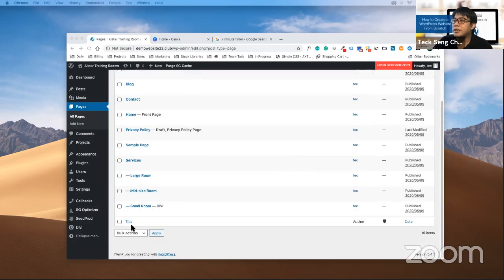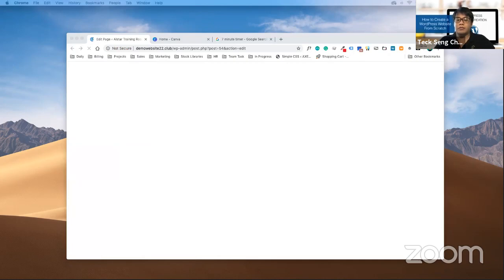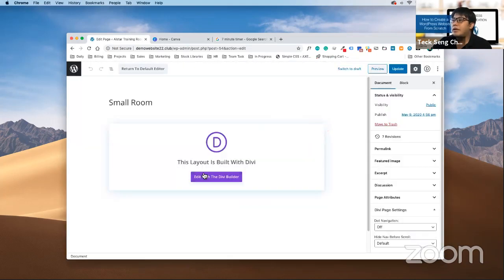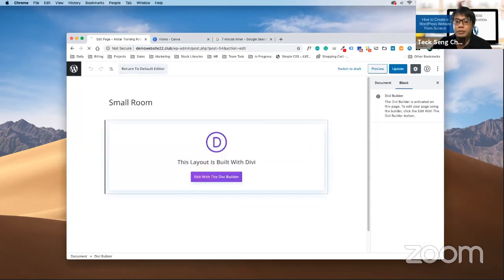Under all pages, mouse over to small room, click on edit. Okay, now we are here. Cross this away, click on edit with the DV builder.